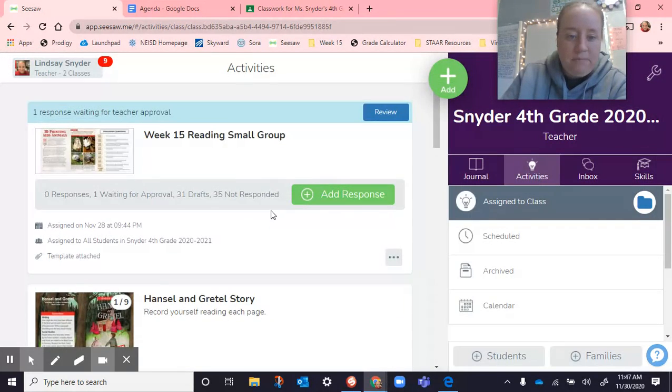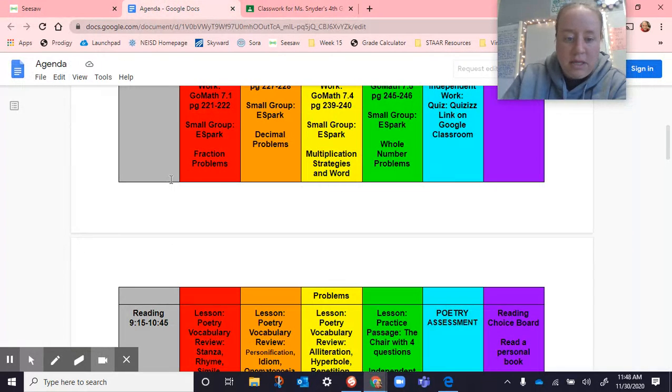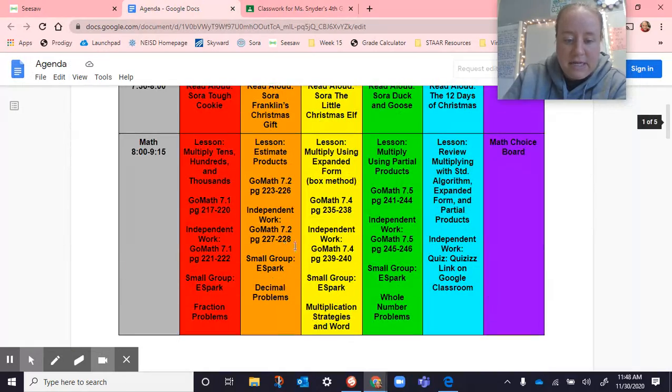And then for small group, we read this story right here on 3D printing, how it helped an animal. And then for writing today,